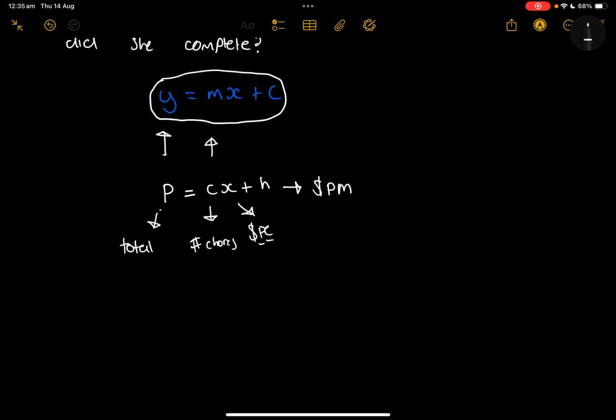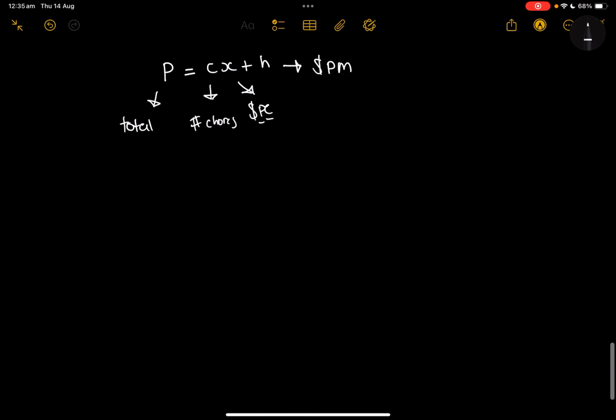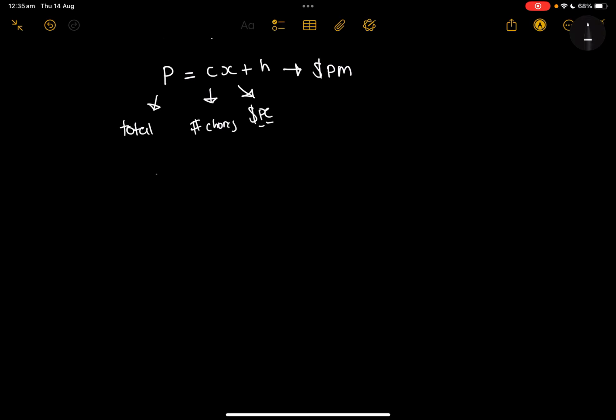You don't need to write all this, but this is just so that I can help you understand it a bit more. The P will always stay as P. The C, we don't have a number yet because it's just asking for an equation. It's not asking for an answer, it's just the equation. So P is equal to C times,